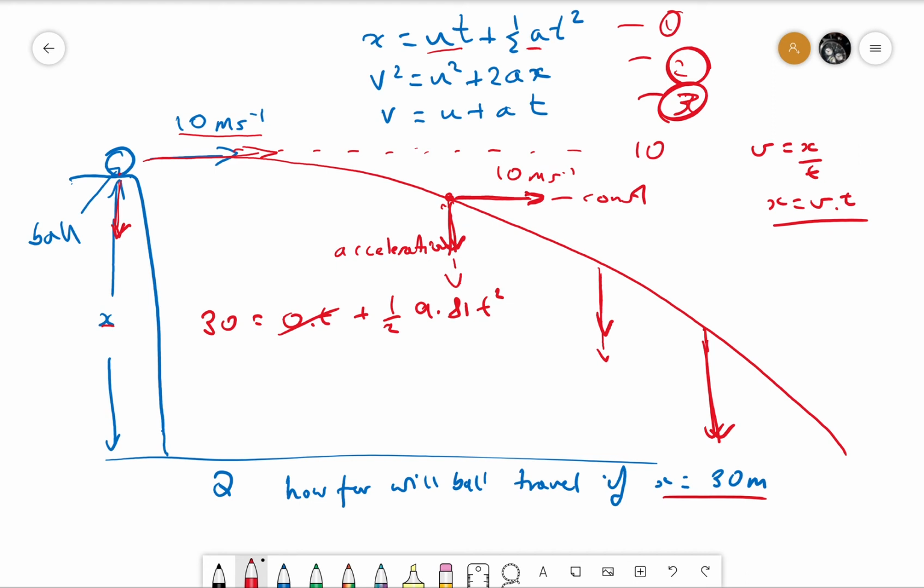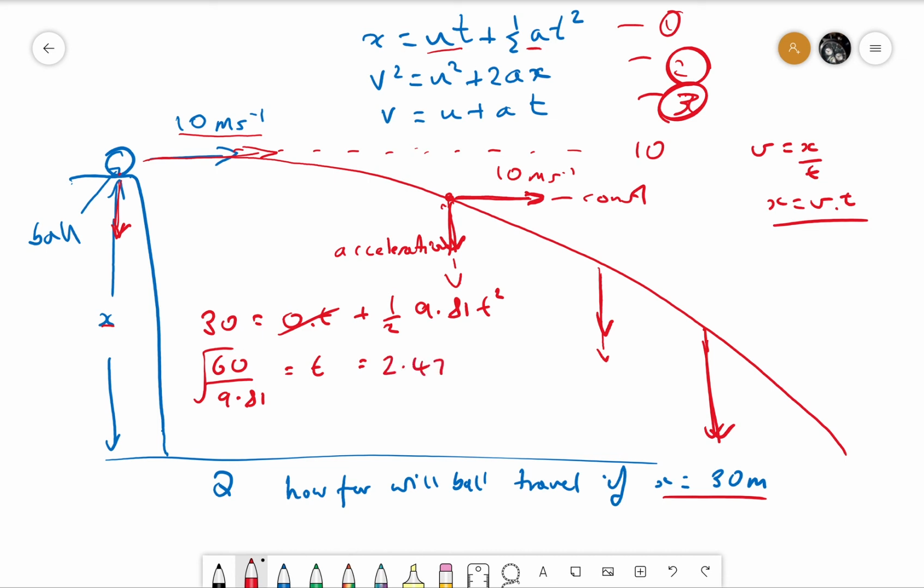So we just do the maths. So 2 times 30 is 60, divided by 9.81, and that is equal to t squared. So if we square root that, we get t. So 60 divided by 9.81, then square rooted, well, to work it out on a calculator,